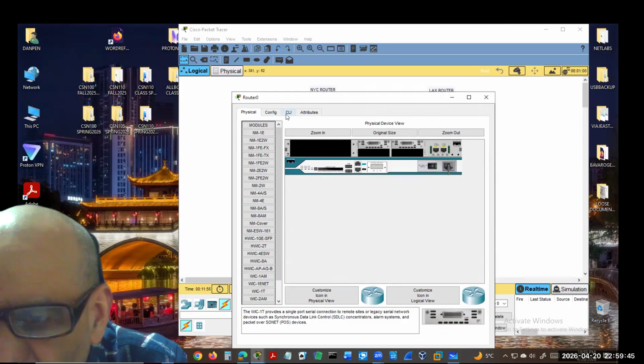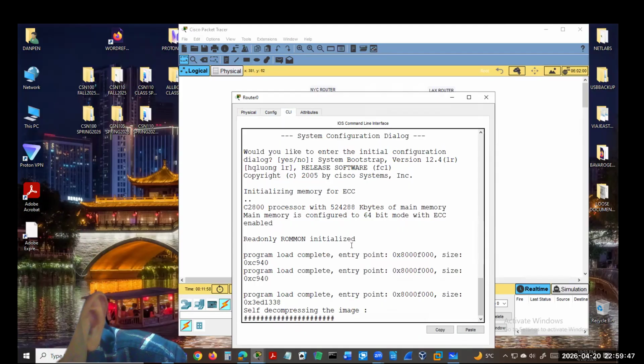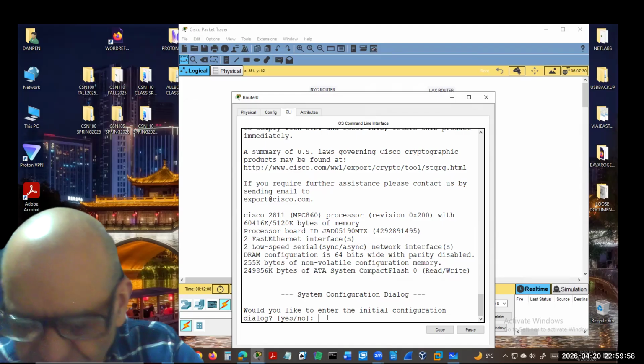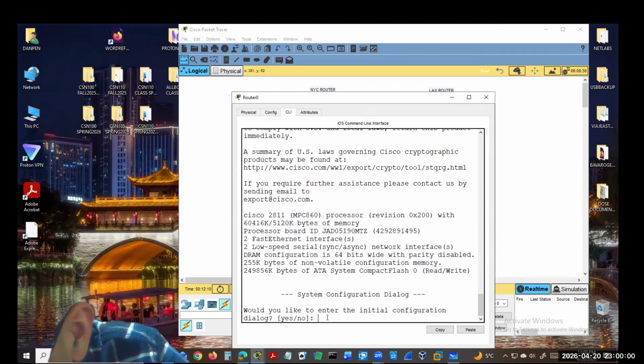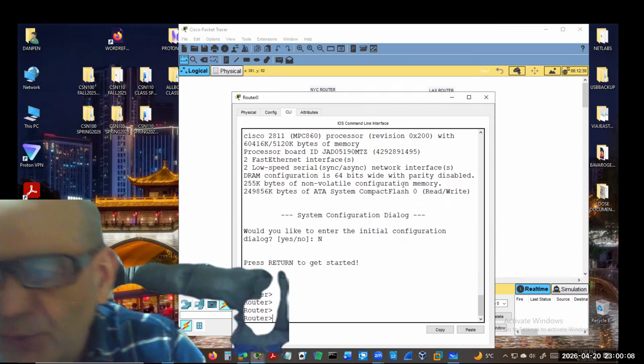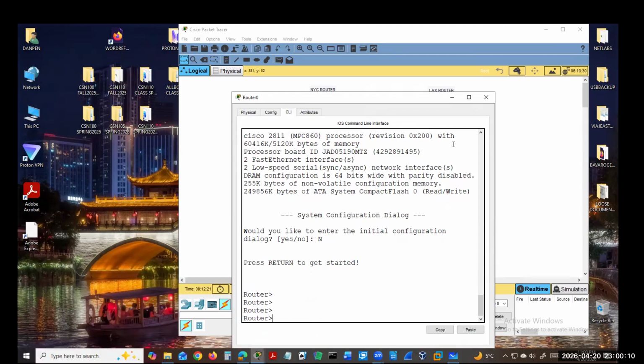And then go to the client and you're going to see the router is booting. See that? The router is booting like that. And then the router is going to ask you if you want the router to do the configuration for you, and you say no, we're going to do it ourselves. The teacher is going to tell us how to do it. Okay, so